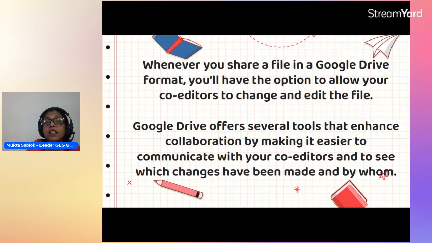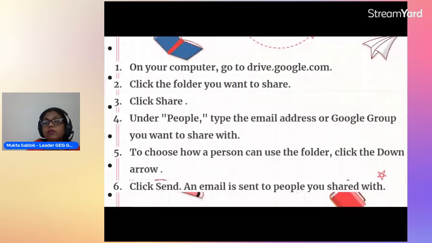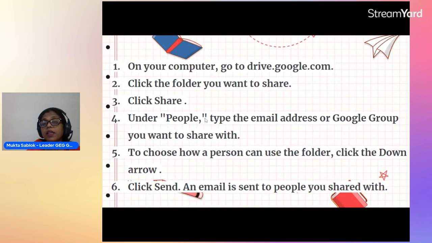So that means whatever I have shown you, Google Drive can give you viewer options and this type of options. Then you can choose how a person can use the folder. Click the down arrow, that is, I have shown you the viewer, commenter or editor option. Then an email will be sent to the people you shared the file with.